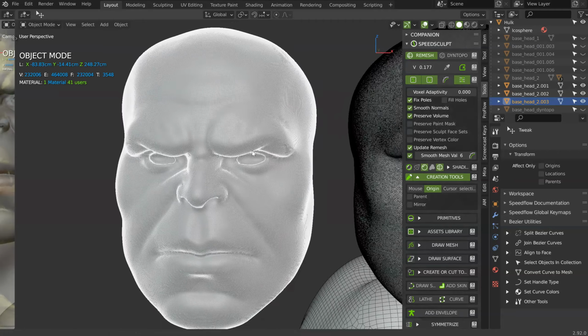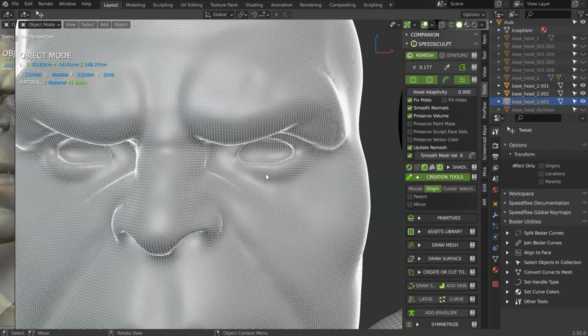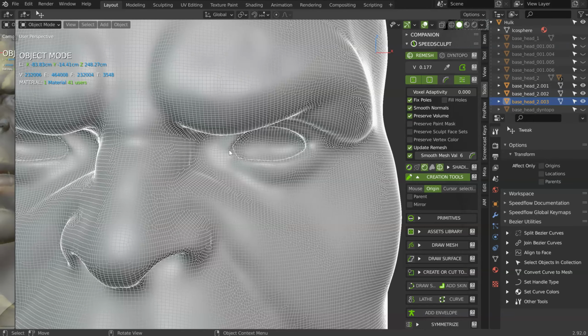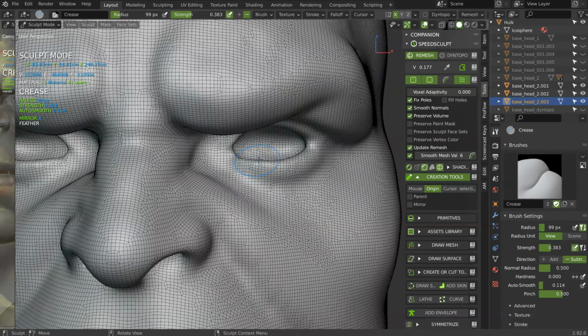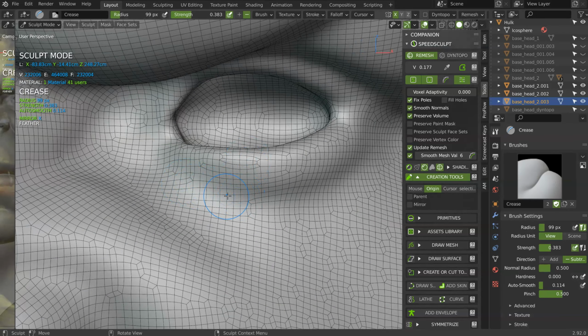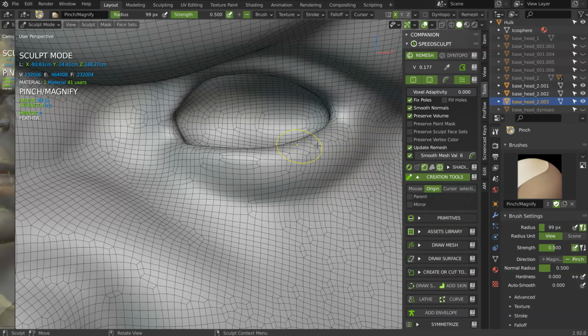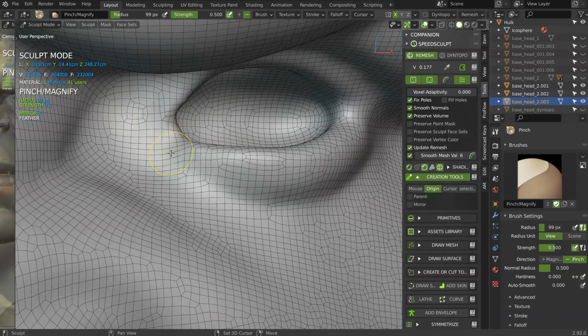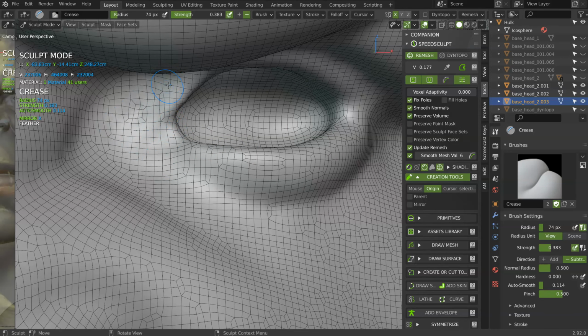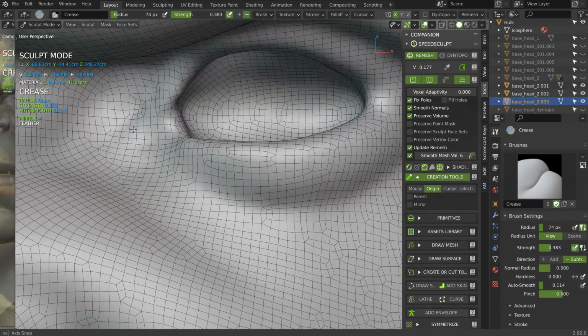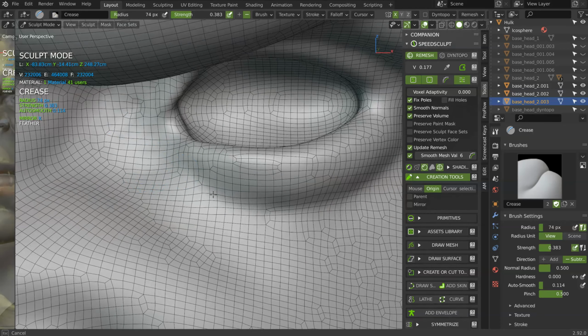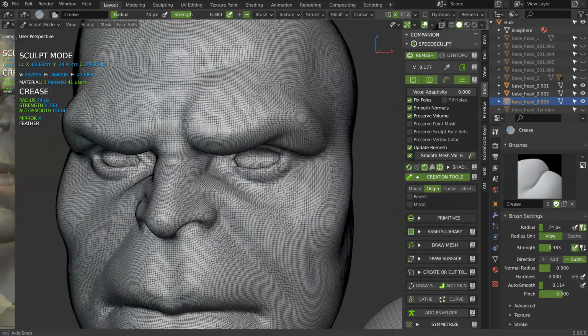And if we check, we have something more uniform. That will be easier. I lost a lot of detail here, but it's not really an issue. I can continue to sculpt, but you will have a better result with this one. And with this one, since it's not Dyntopo, you will be able to make some pinch like that. The size I added was too big, but all I want to show you are bad results.